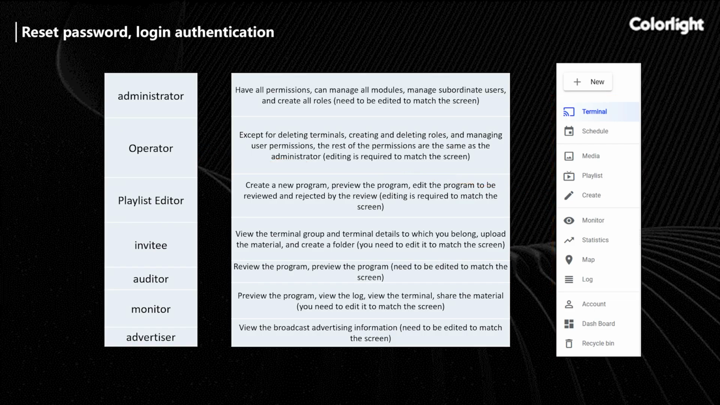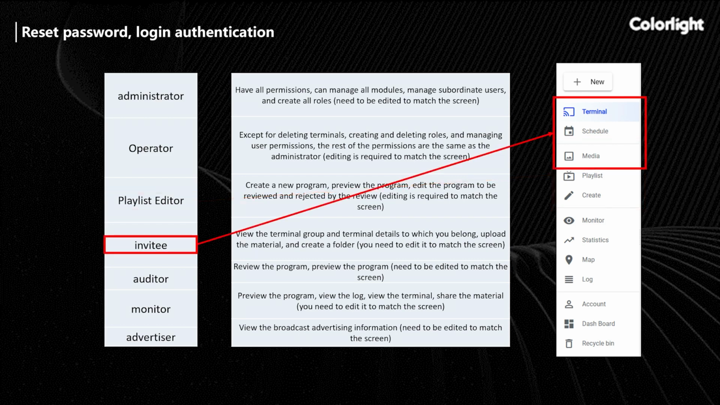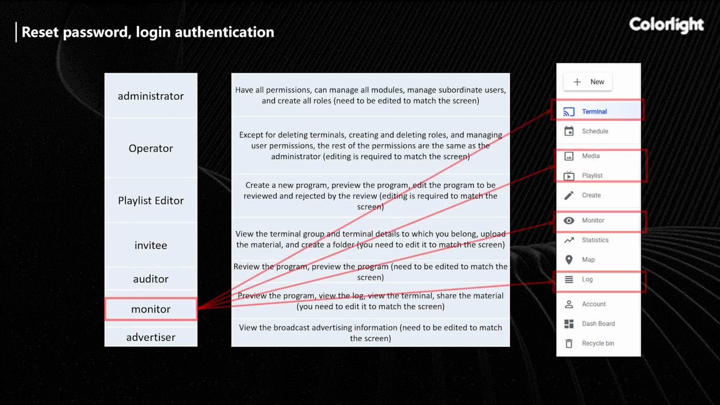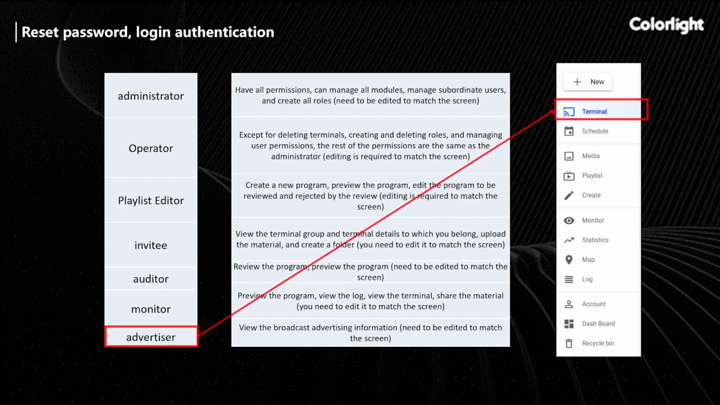Playlist editor creates new programs, previews programs, edits programs pending review, and the rejected ones. Invitee views the terminal group and terminal details, uploads materials, and creates folders. Auditor reviews and previews the programs. Monitor previews the program, views the logs and the terminals, and shares the materials. Advertiser views the advertising information,